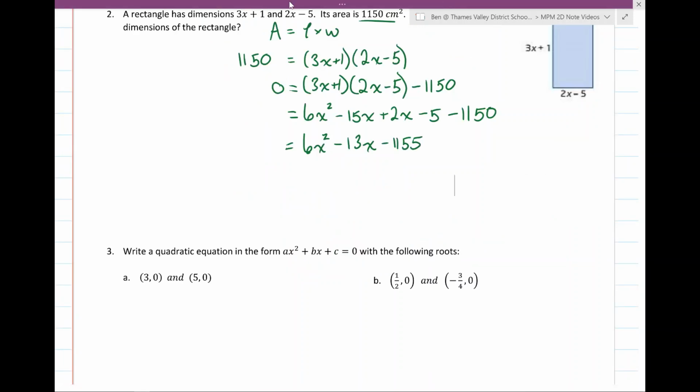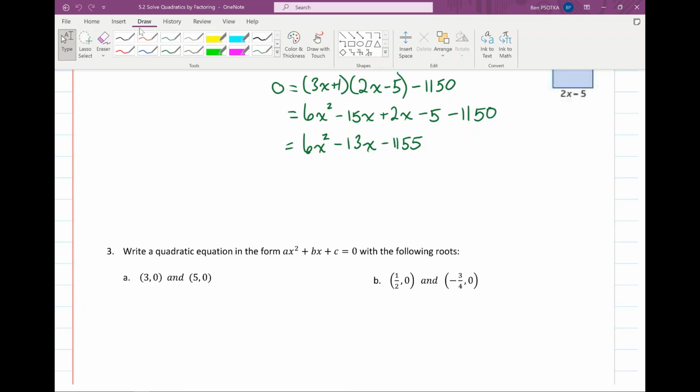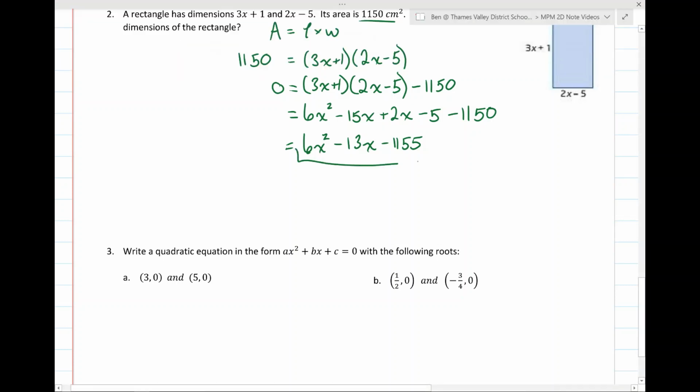As a bit of a challenge problem for you, I'd like you to try and factor something like this. If you can, that's fantastic. You can use your calculator when you're practicing something like that because the numbers we're using get pretty large pretty quickly. But it does factor into something that looks like 6x plus 77,